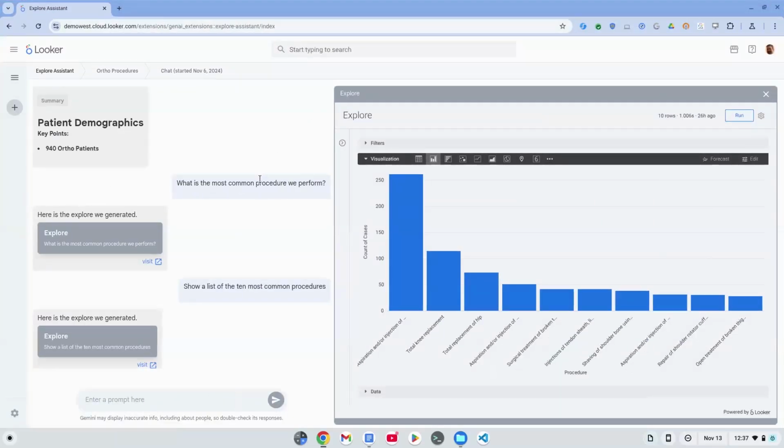All right, so I've got a few queries that, so this was, again, another data set that was available, and it was just about patients in an orthodontics office. And so you can see the questions that I asked, like what's the most common procedure we perform? Show a list of the top 10 most common procedures. And it actually builds me this graph out here automatically. I didn't have to figure out how do I go write that query or how do I build a visualization. I'm just like, show it to me in natural language. And the answer is right here in graph in front of me